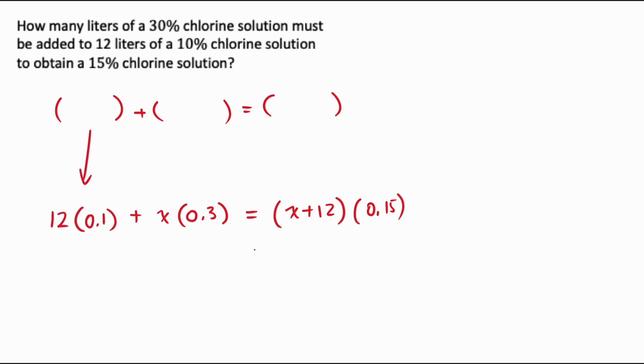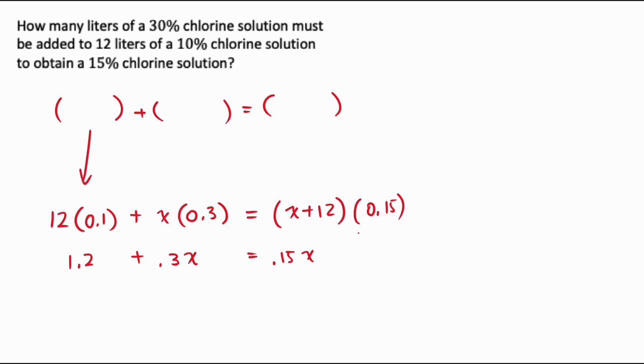Now what I'd recommend is you can just plug this into Desmos and make sure you don't make a mistake. But if you want to see how you actually solve it out, all you're going to do is basically distribute everything that you can. So 12 times 0.1 is 1.2. Then we're going to have plus 0.3x equals,